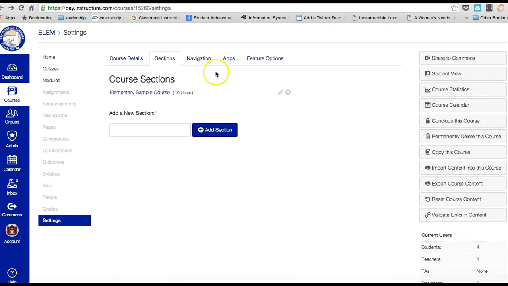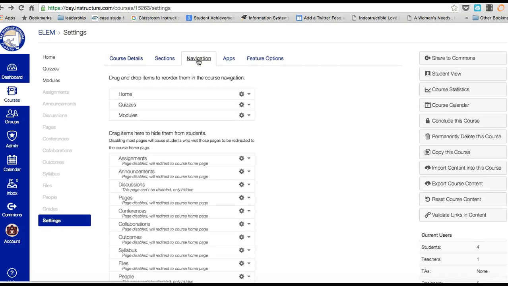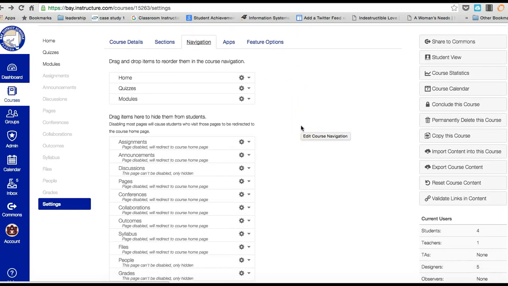Then we went to sections. The third tab across settings is navigation. Now, remember, we see on the left-hand side as a teacher all the different features, but we don't necessarily want our students to see that. So for example, maybe all I want my students to see are just a few. Maybe I want them to see